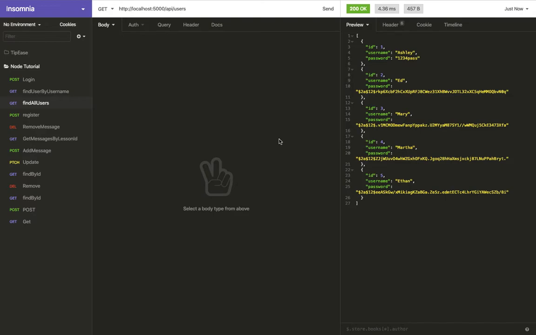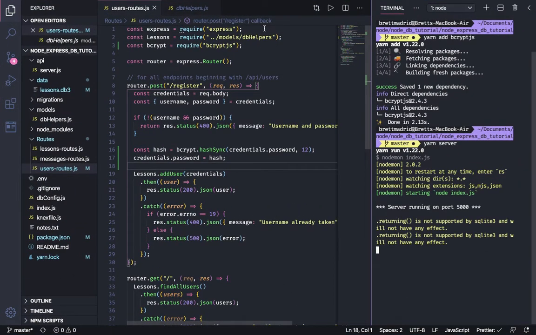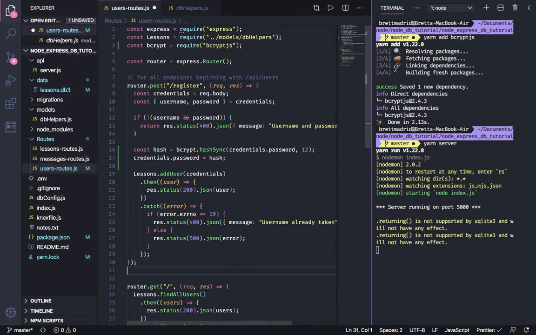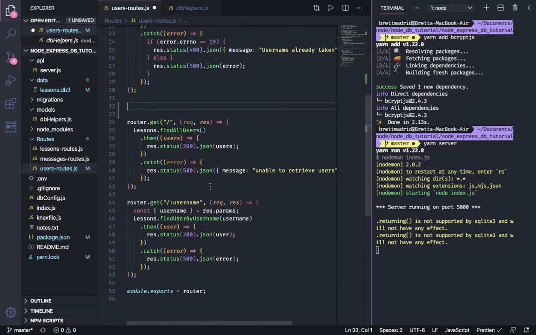But this would be useless if we didn't know how to use it on a login endpoint. So let's write a quick login endpoint, and then I'll show you how the library uses that to rehash it and check a login. So let's scroll up here,